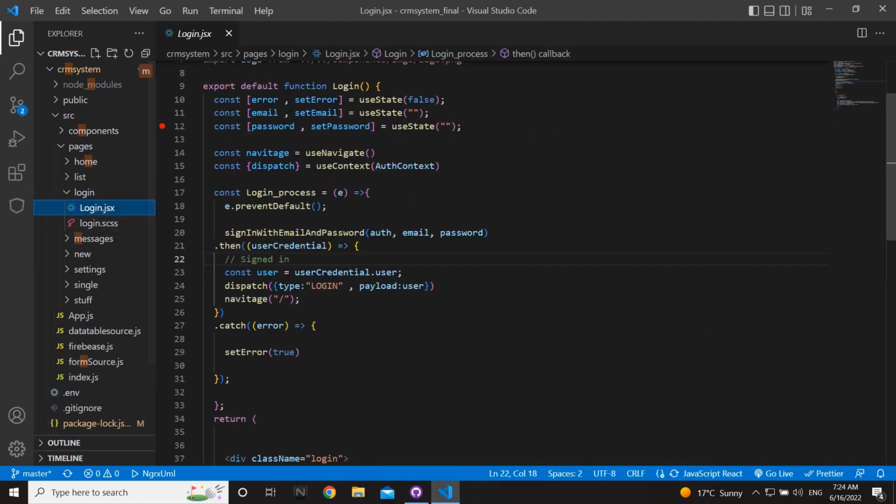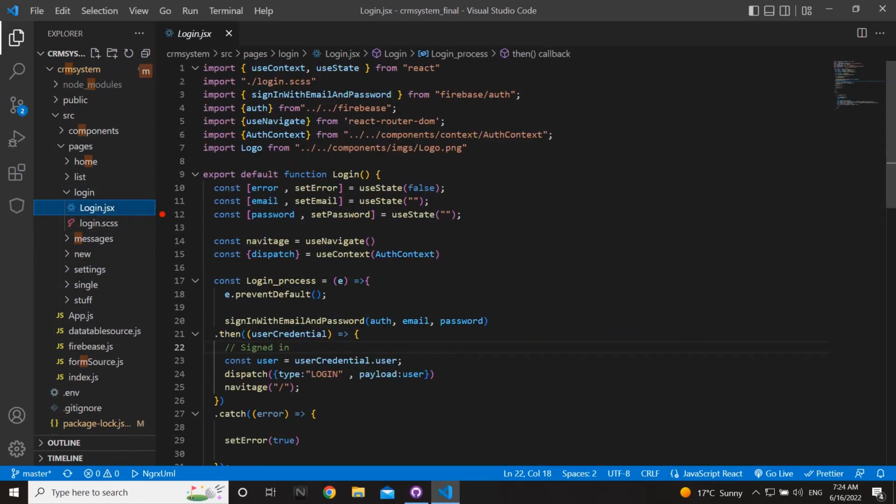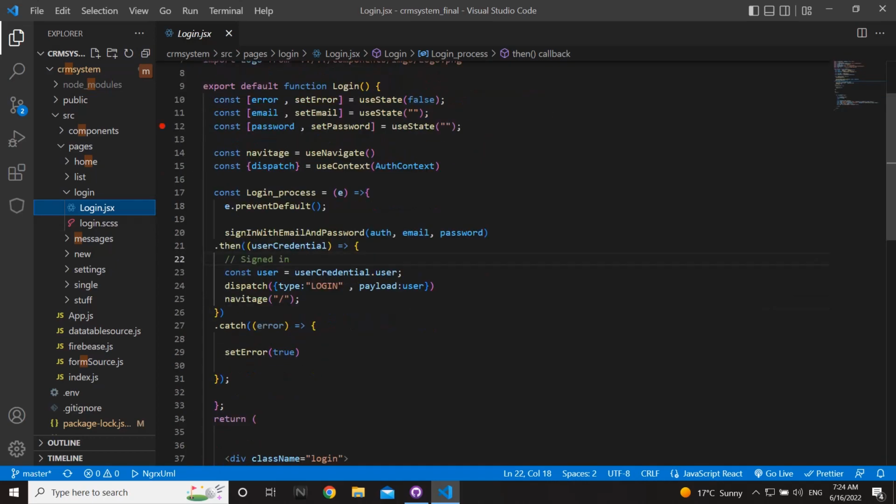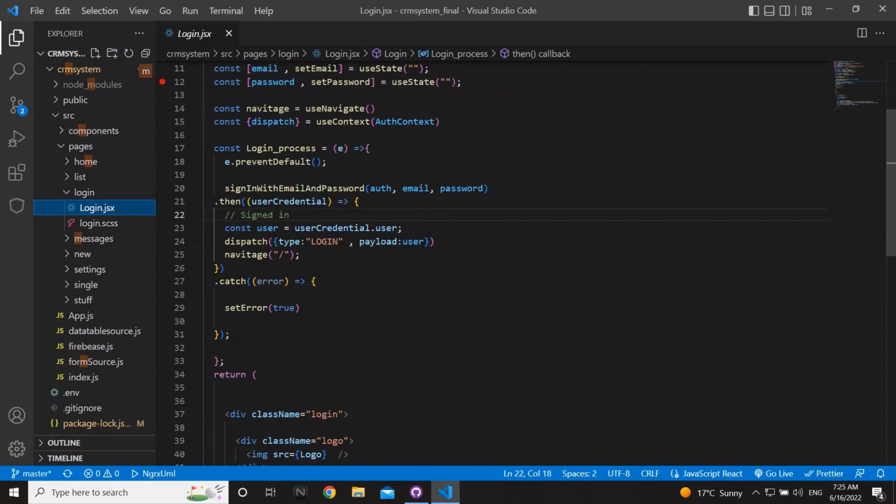For the login page, we use email and password authentication with Firebase. One of the best features in Firebase is that it has very powerful authentication, which helps you so much and secures your site from attackers and from unknown people who want to go inside your system. And as you can see here, I use a few small functions that